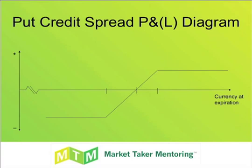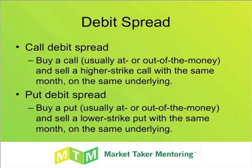So here we have just the opposite. We need to stay above our line in the sand in order to enjoy a profit. When the spread expires, we need the currency to be above this break-even price. Okay, so there's your credit spread